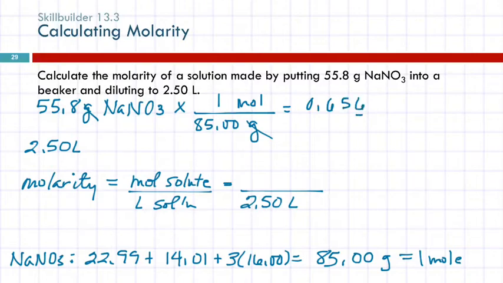0.656. There's my last significant figure. Write down 2 more moles. I don't want to round this yet because I'm going to use it in another calculation. I see you guys doing this on your lab reports. If I round this off now and continue on with a rounded number, I'm probably going to introduce some error